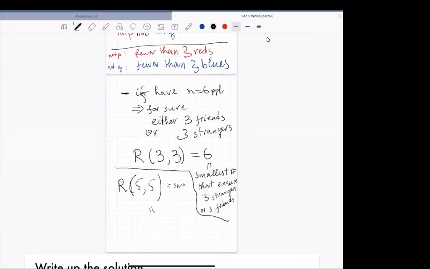The answer is we don't know. The stage of development of humanity as of today, our knowledge, is such that this answer does not exist. We do not know. But we have a pretty good estimate that it's between 43 and 49, if I'm not mistaken. They may have improved it slightly. But the answer is not known today. In fact, 49, let's say. Okay, so don't quote me on this. It may be 48 today, but we have a range, a pretty good estimate. But we don't know what this number is.